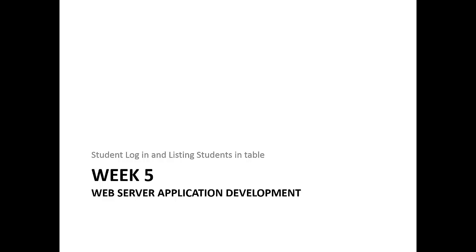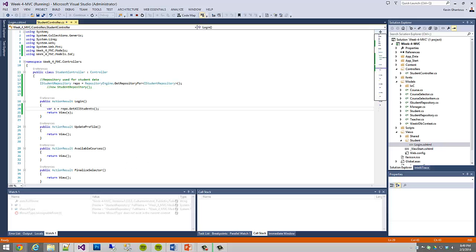For this third and final part of this week's lecture, I want to go through the idea of a student login and then being able to list students in a table within a view. So one of these things will comply with our use case scenario, and one of these is just an introduction to the concept of being able to pull and pass data in and out of your application. So we'll jump back into our quote-unquote week 4 MVC application,